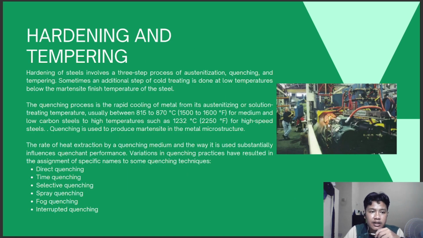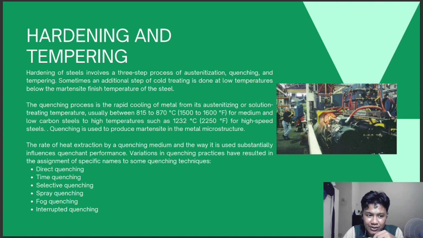Okay, next is hardening and tempering. Hardening of steels involves a 3-step process: austenitization, quenching, and tempering. Sometimes, an additional step of cold treating is done at low temperatures below the martensite finish temperature of the steel. The quenching process is the rapid cooling of metal from its